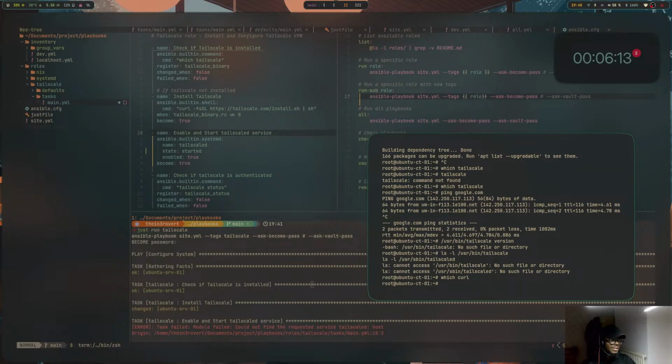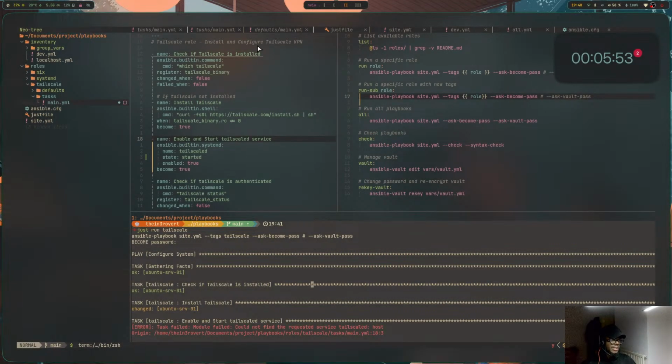That's a problem. I don't have curl. So because I don't have curl, it obviously would not work. So the Ansible playbook needs an extension just in case. Next time, not every server has curl installed by default, so we are going to